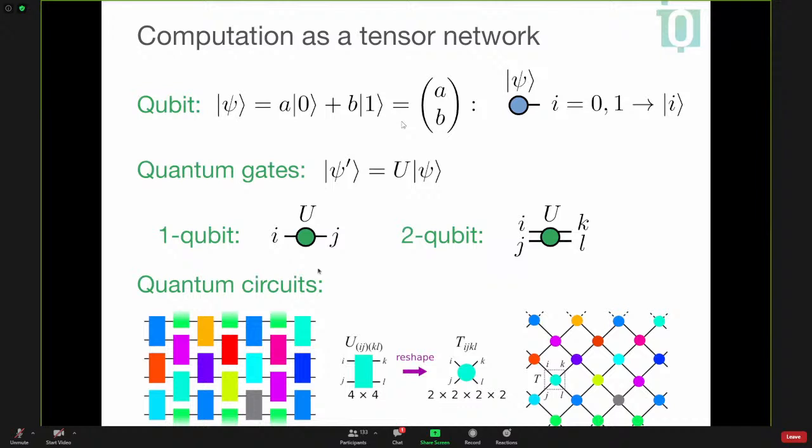And so why is this important? Well, we know that if I can represent any 1 qubit, any 2 qubit gates, then I can represent really any quantum computation that I want like this. Because if I have arbitrary single qubit rotations and just the CNOT gates, then I can represent any quantum computation. And so it means that tensor networks are a language for representing any quantum computation, like a universal language to express them.